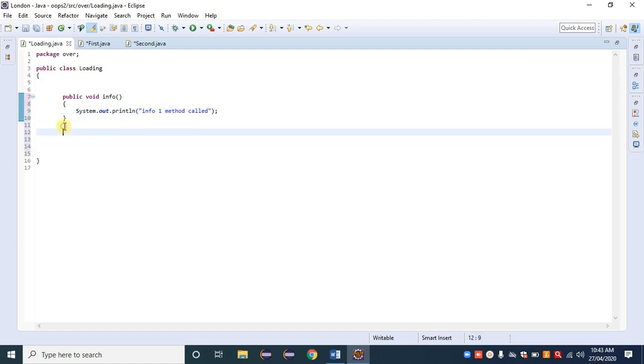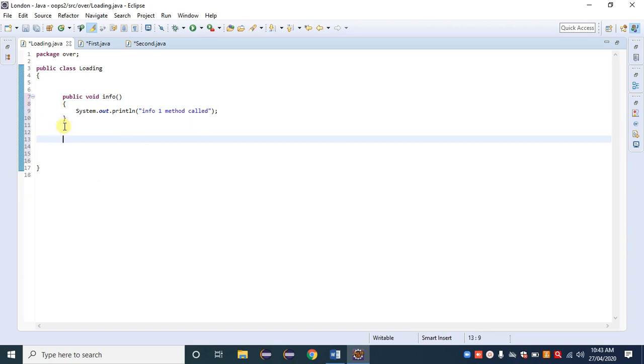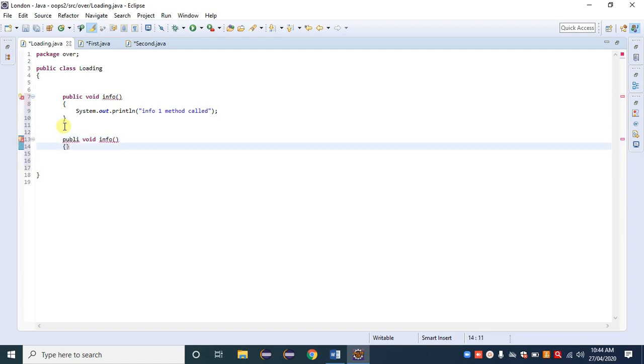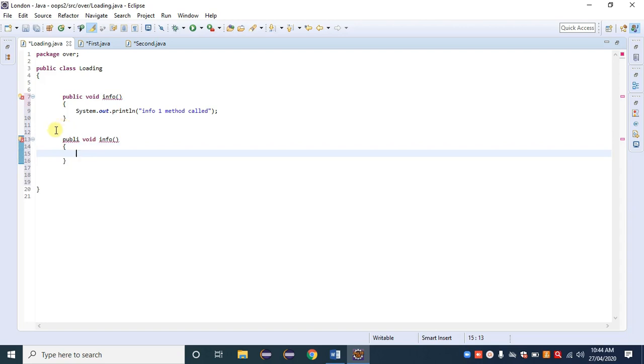Okay, again I need a method here, public void info, with syso "info two method called".